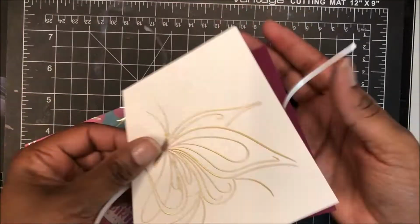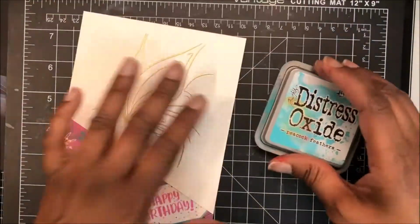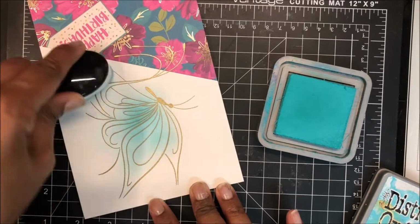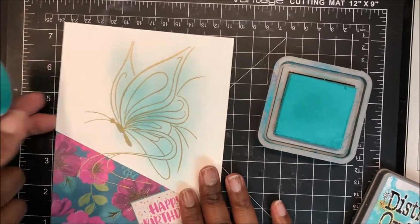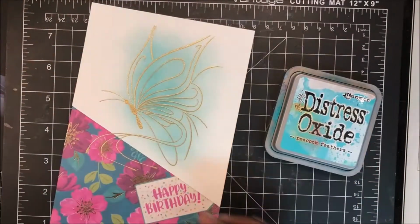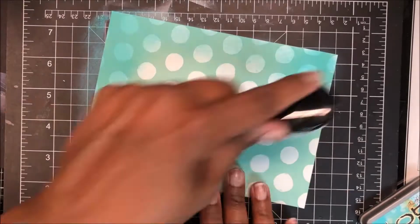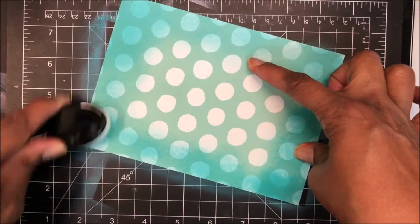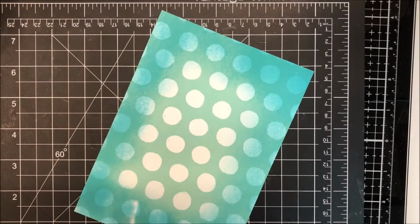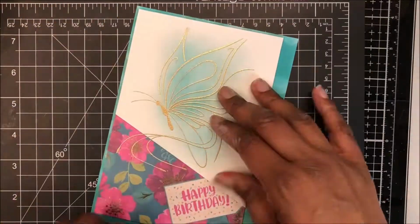I had invested a lot of time into this card already, so I took out my Distress Oxide Peacock Feathers, added color all around the butterfly image. Love it. Used a towel to wipe the oxide off of the top of the embossing powder, and I'm loving this. I took another piece of pattern paper, and the color wasn't quite peacock featherish, so I wanted that to match everything else, and so applied some peacock feathers to the outside, sped up the drying with my heat tool, and then am applying my panel to this cardstock, and then we'll trim off the edges. And I left about a 1/8 inch border